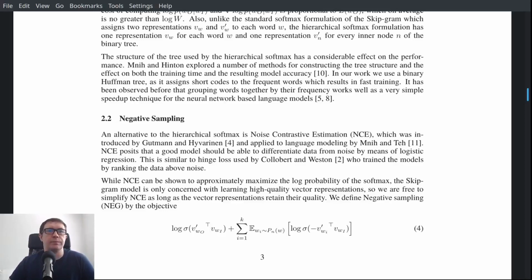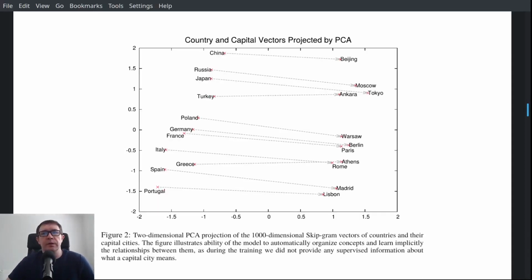Down here in figure 2, they give these country and capital vectors projection by principal component analysis. The idea here is you're taking some subset of your space and analyzing the relationships between words in that projection of your true underlying space, and you get some consistent lines here showing the relationships between countries and capitals, and that's pretty cool. In the course we do it for other words related to reviews, things like action, boring, exciting, fun, original, scary, stuff like that, because those are going to be more suited to reviews of movies rather than